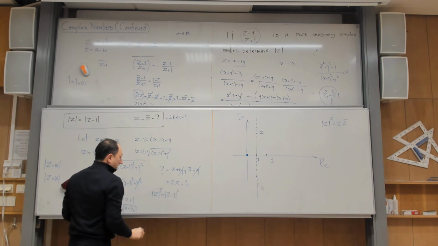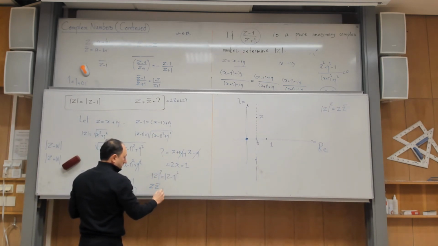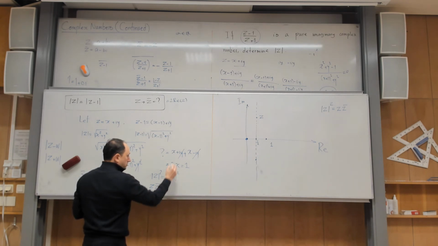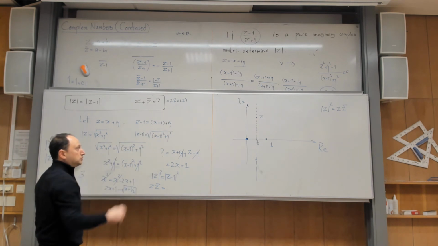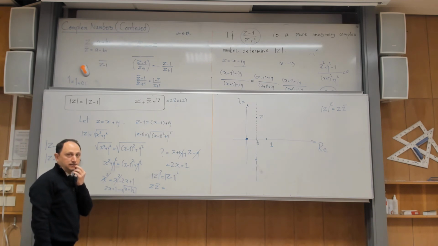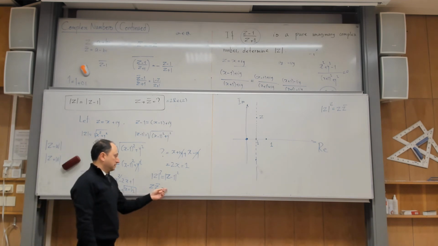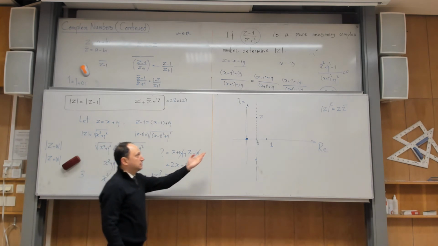Okay, and then tell me what can I write. This is clear, so I will write it myself. But what can I write for this one? Can you help me? This is absolute value of z minus 1 squared. What can I write for that, according to that formula? Yes, what is the answer? What is the interpretation of this?